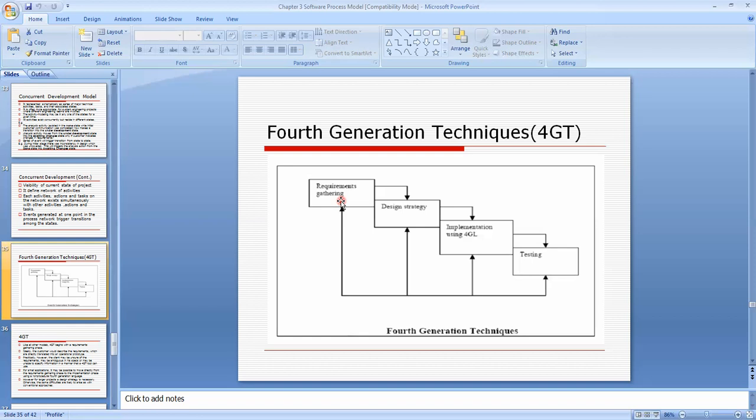Okay, so that is the phase called requirement gathering. Then you have to decide the design strategy. Once you have got the requirement from the customer, you have to plan a strategy for how to design the model. Once that is finalized, you have to use the implementation technique, that is implementation using the